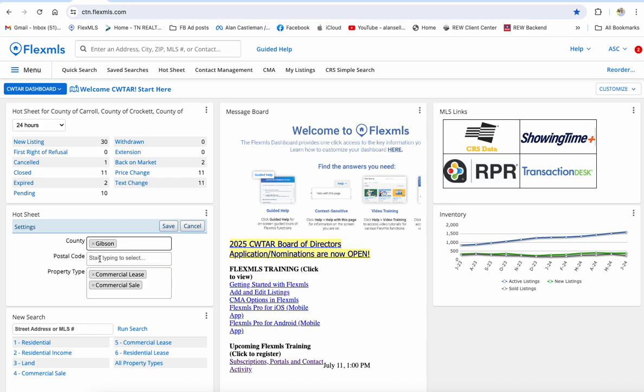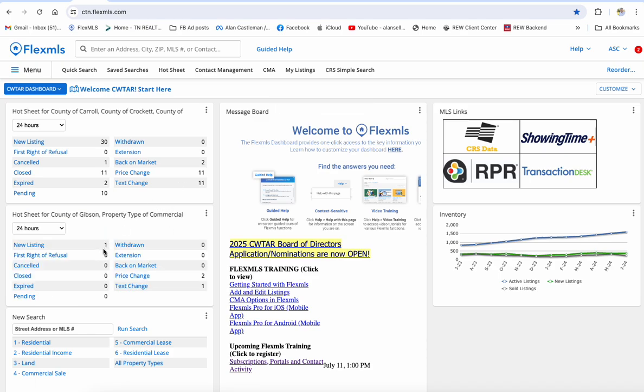Let's say my primary business is residential. I might broaden myself out to surrounding counties. But in commercial, since I don't do a lot of it, I really want to just stay right here in my backyard. So maybe on this hot sheet, all I care about is what's new in commercial in just Gibson County. I'm going to click save,